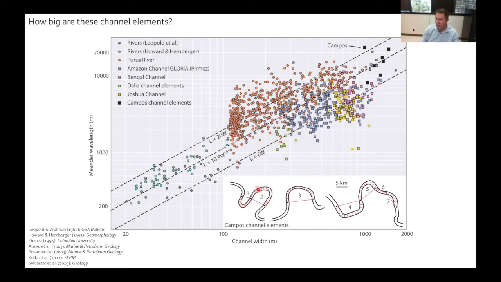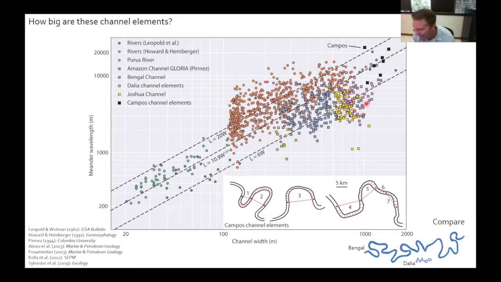And then we felt really confident in 7 bends that we mapped for these channels. And we mapped them regionally across the entire data set. So what we did was we measured the common measurements to compare channels, and at least the map view characteristics of channels are meander wavelength and channel width. We measured those channels in the Campos, and they plot up here. These are some of the biggest channels in the world ever measured. And there's a whole story behind that, but there's just not that much context to the Brazilian margin that we can find in the public domain to really link exactly why these channels are as big as they are, beyond